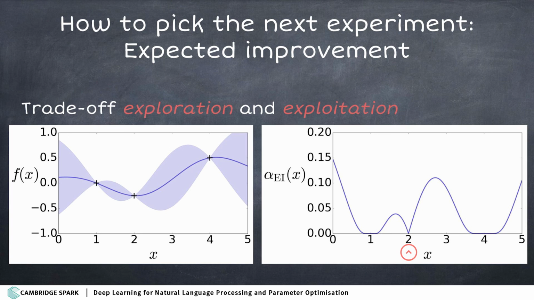So here on the right is the distribution of the expected improvement for the same function. You see there's no point evaluating 1 or 2 because we already know what these are, so there's no point trying them again. But these values, like around 3 and on the edges, are very interesting. We should try them as hyperparameters.